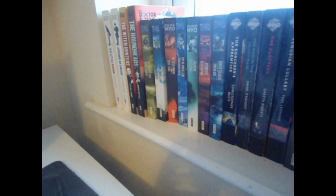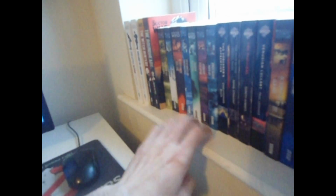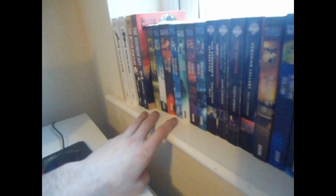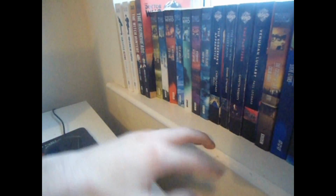Let's move along to the rest of my Doctor Who 1960s books, which, as a whole, are very hard to complete. Well, not necessarily impossible to complete, but extremely hard to complete, as you do have quite a few rare Doctor Who books amongst the vast ranges of Doctor Who books that you have to get for a complete 60s collection. Like for instance, The Dark Path, I don't have that yet, and that is a very rare book. But anyways, let's move along into the rest of my 1960s Doctor Who books, which is everything